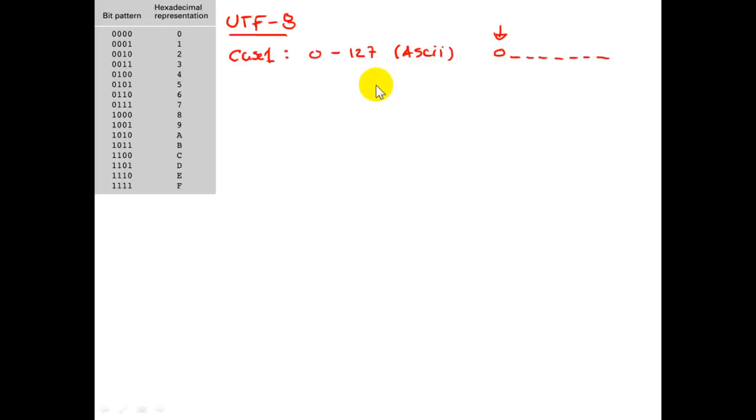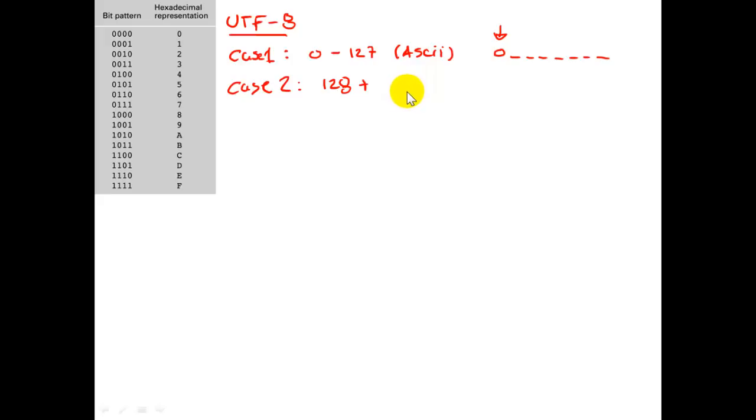And in one way, UTF-8 has the ability to read most of the ASCII encoding, because these characters in ASCII and in UTF-8 are actually using the same byte pattern. Now things become a bit more difficult in the second case, where the range is beyond 0 to 127. What needs to be done in case 2,